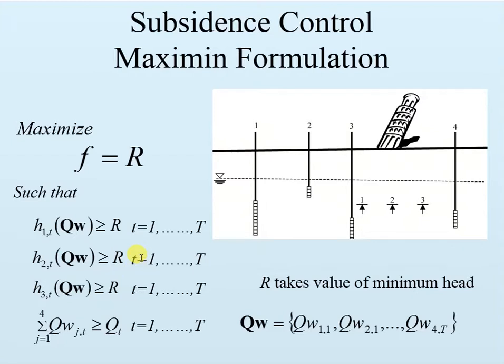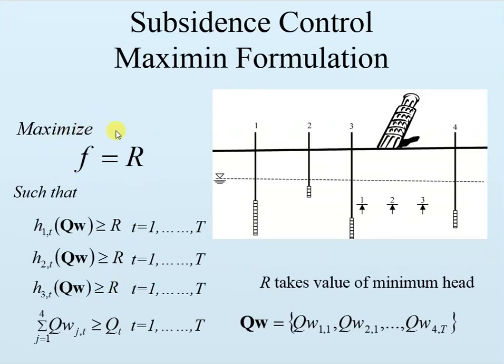And how about this one? This is yet another way to formulate this problem, and that is to use something called the maxi-min formulation. We define a variable r whose value is undefined, but is held to be the bound on the heads at each location and in each stress period. So all heads must be greater than this value r,